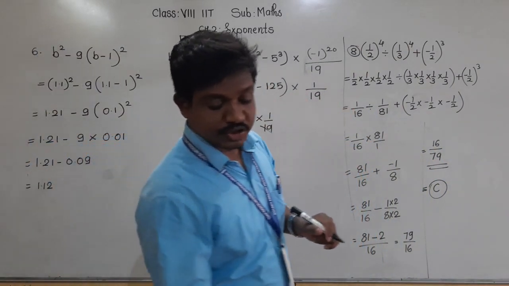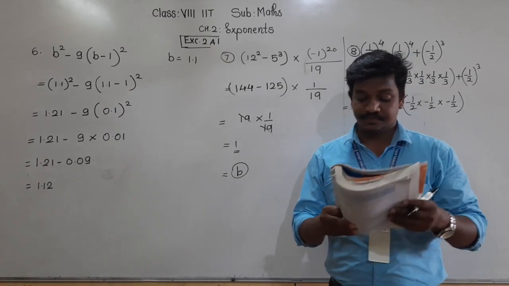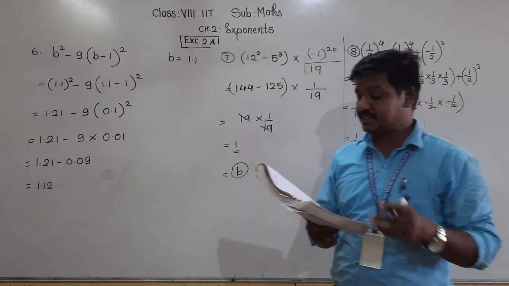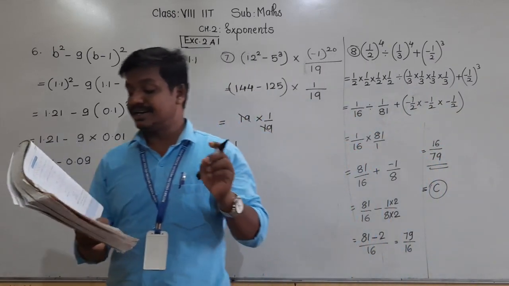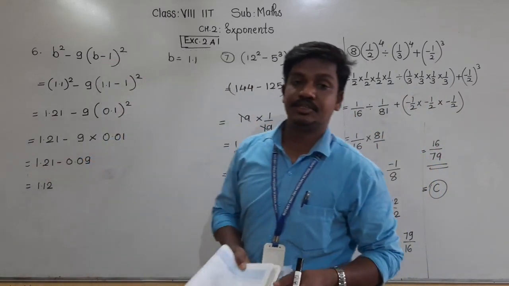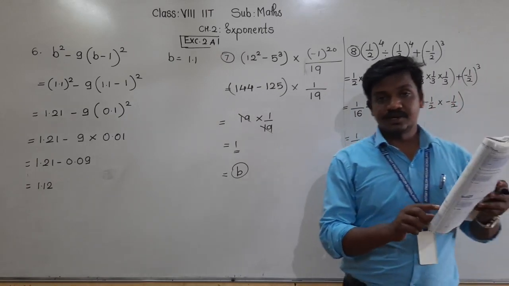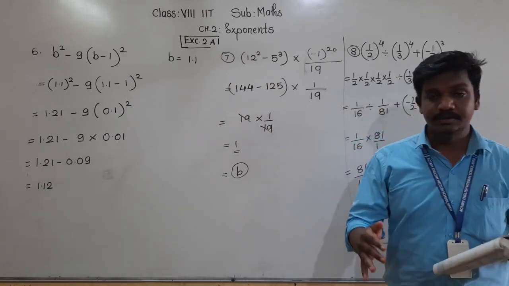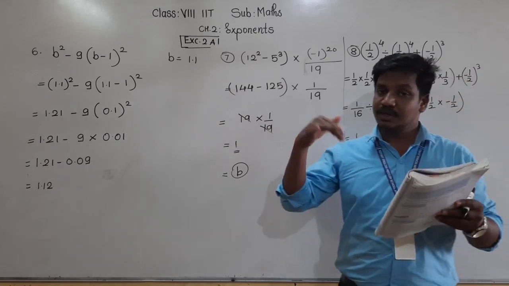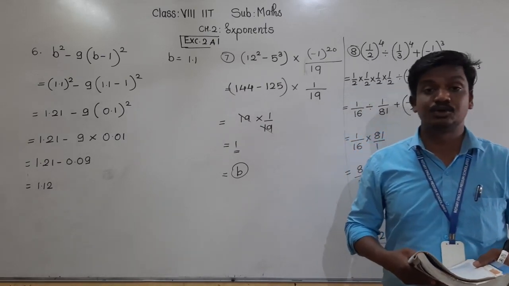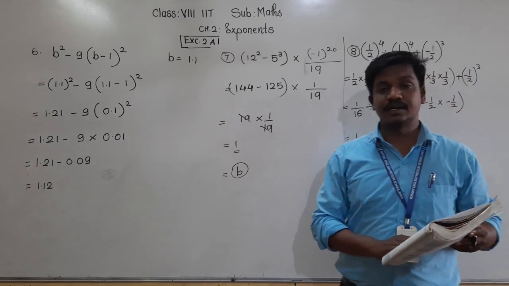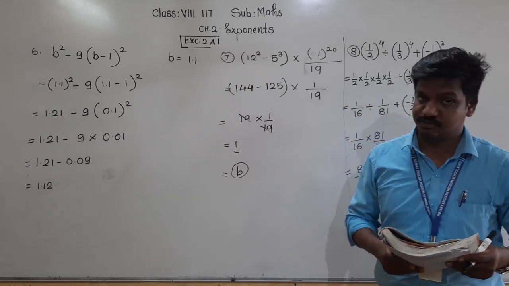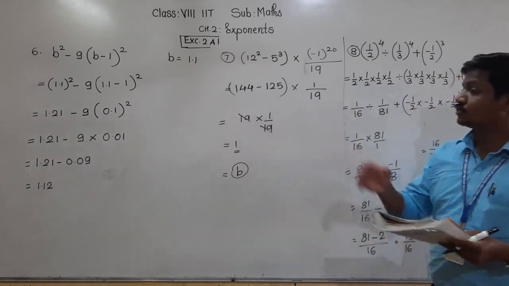Now the last question, a higher order thinking question. What is that? Find the reciprocal of minus 1296 upon 625 and express it in exponential form. First write this rational number in the form of its reciprocal, write its reciprocal, and then convert it into exponential form. Understood? This higher order thinking question you have to solve by yourself. Okay, so thank you for today and have a nice day.